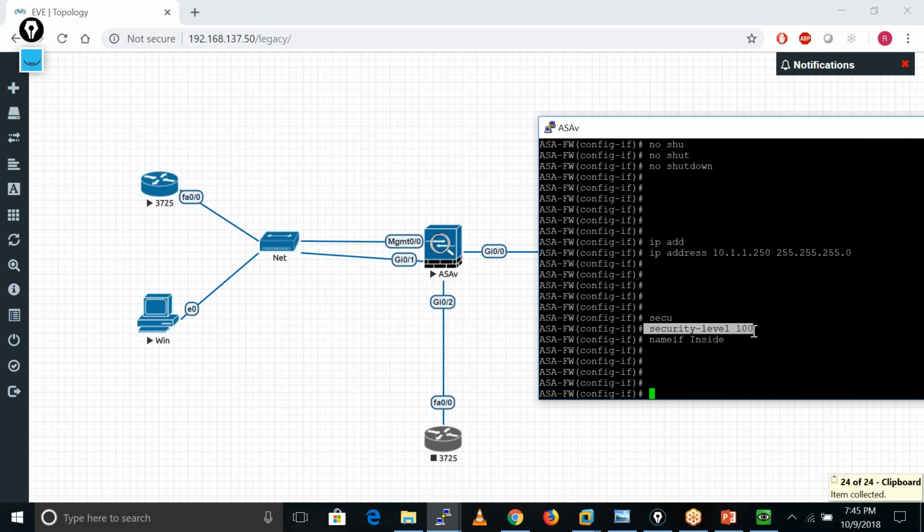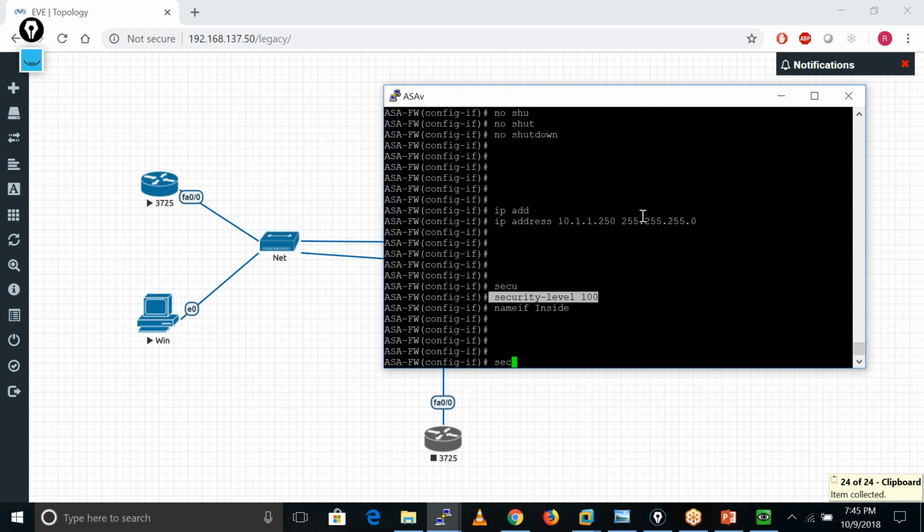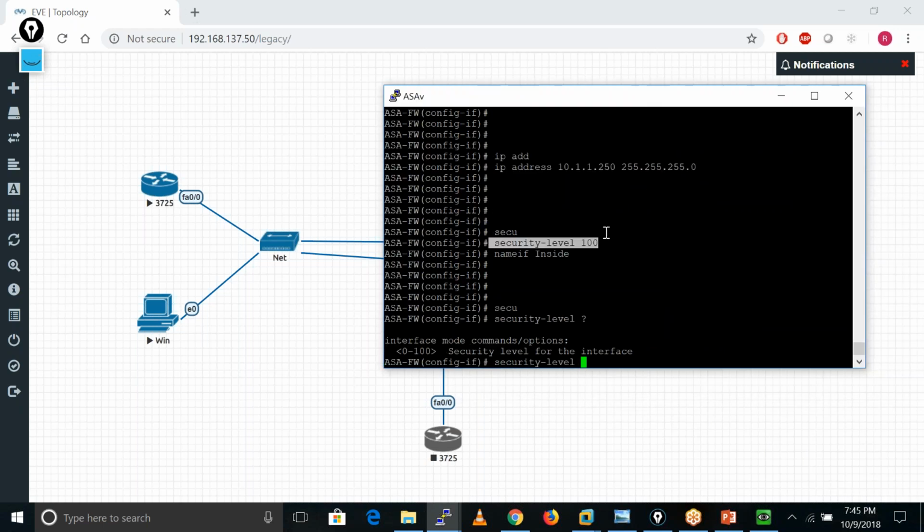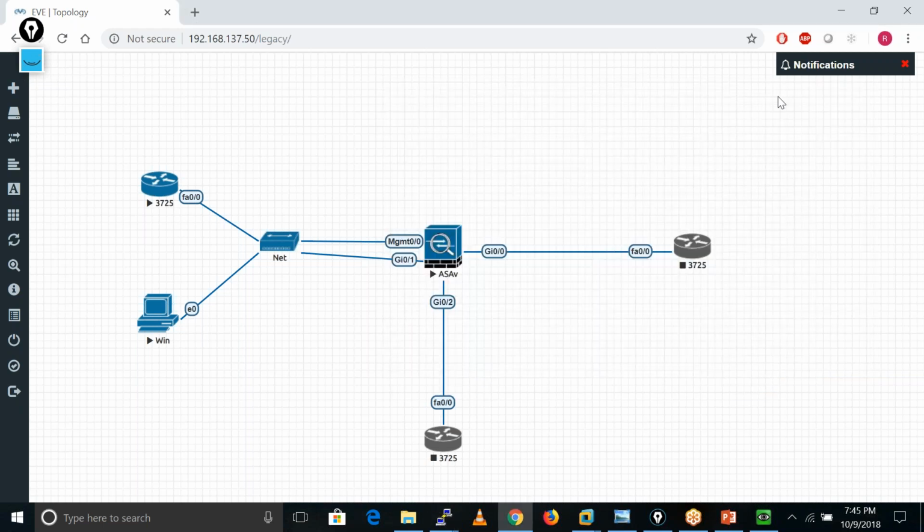We use security levels in the ASA firewall, configured between 0 and 100. We have set this value to 100. 100 means it is the most trusted network, where our actual inside users sit.